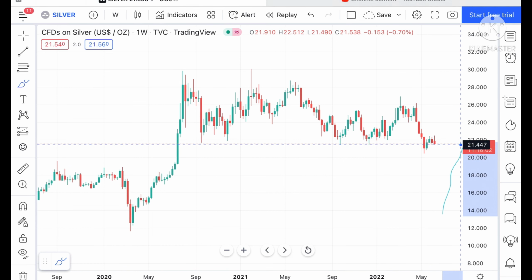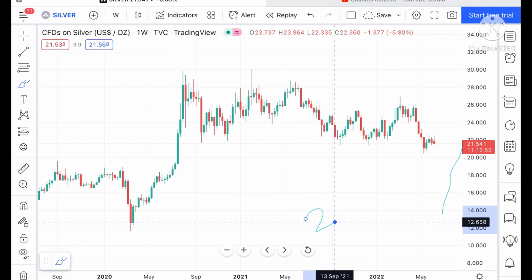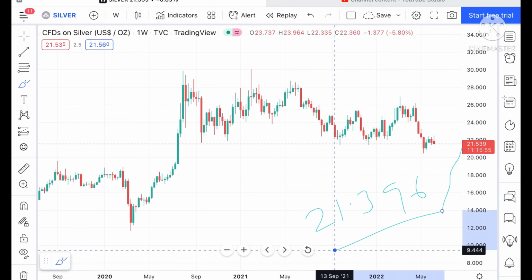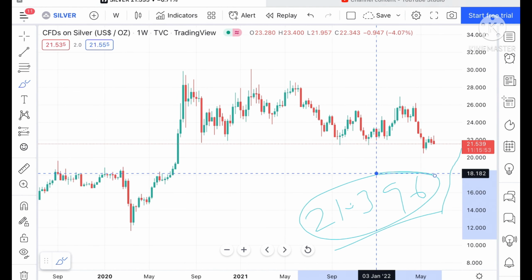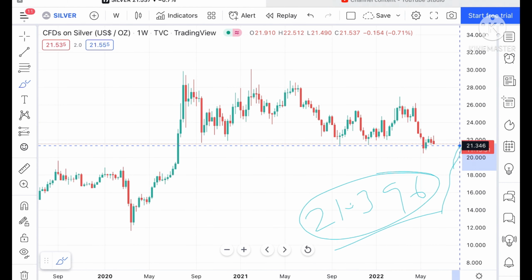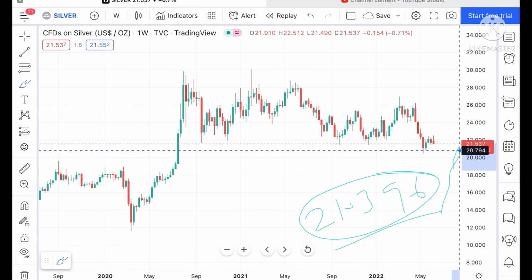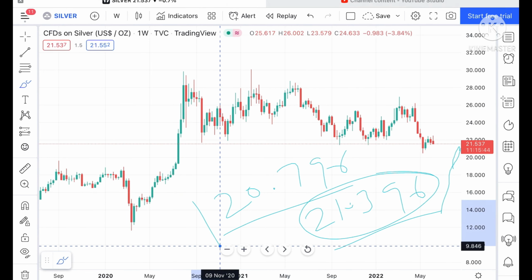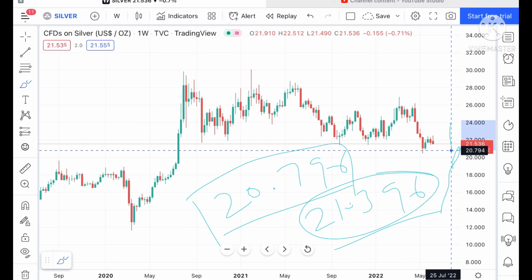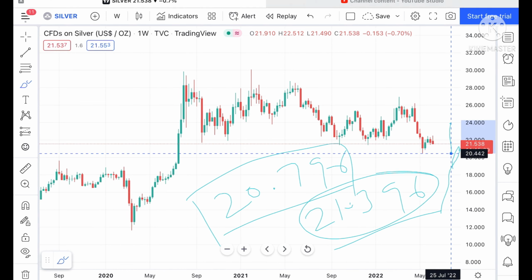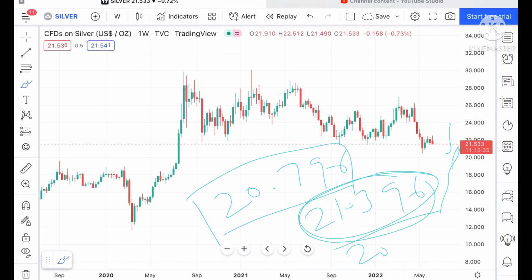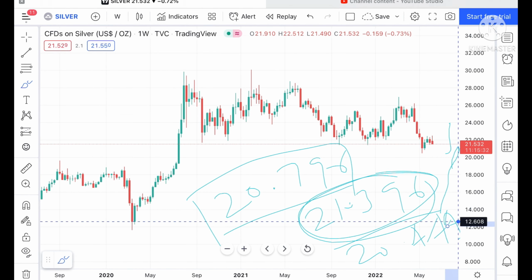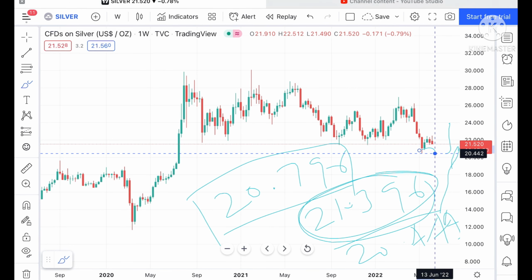See, if you look at the chart, suppose this price doesn't sustain this particular level, we can see it can touch a level of 21.396, and this level is already being tested here, so the probability is very high. We can see it can move further down towards a level of 20.796. Once this level goes downside, we can see it can go further down towards a level of 20.442, and this level is not being tested, so the probability will be high.